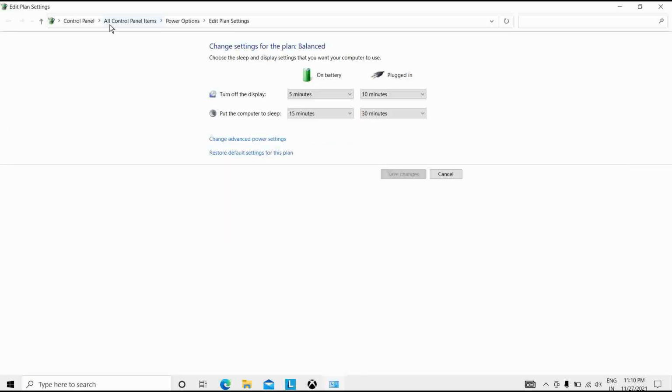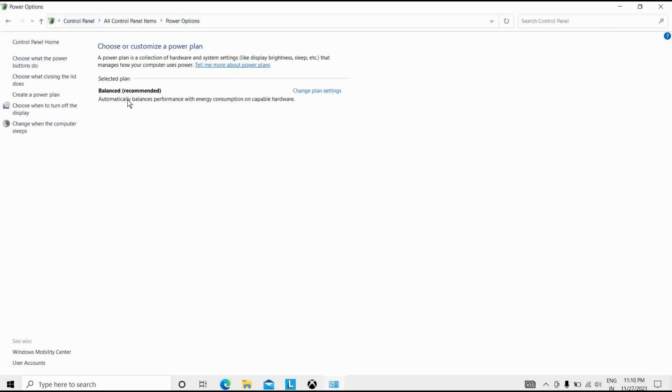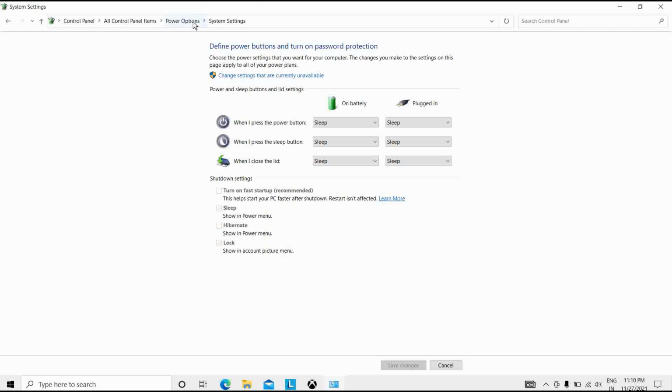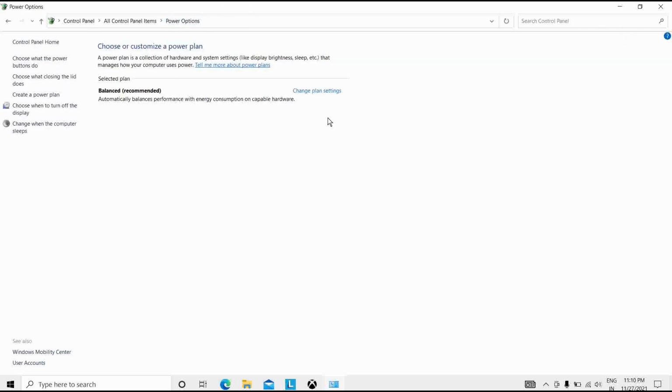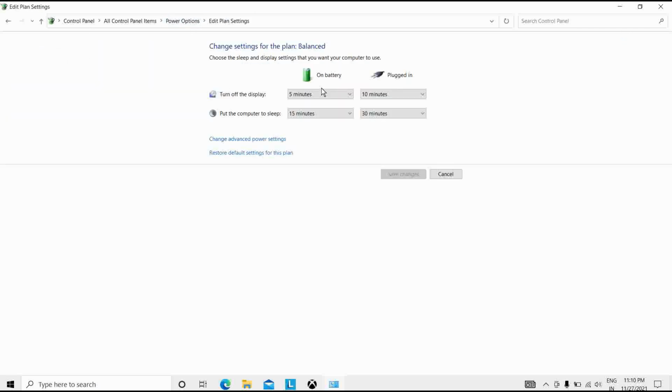You can see here we are on the power options. From here, click the Start menu and type Edit power plan, then choose what the power plan does, system settings and power options. Change the plan settings, edit plan settings.